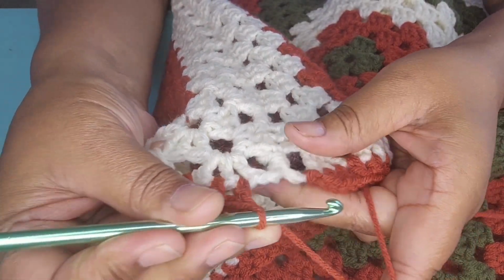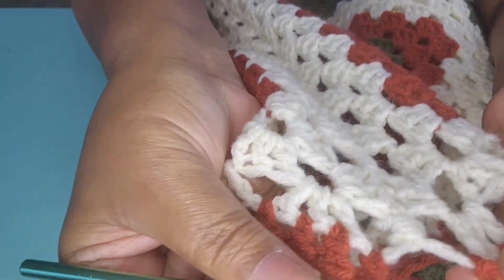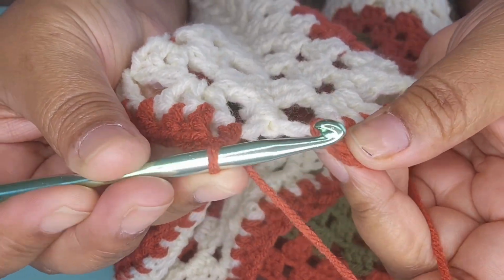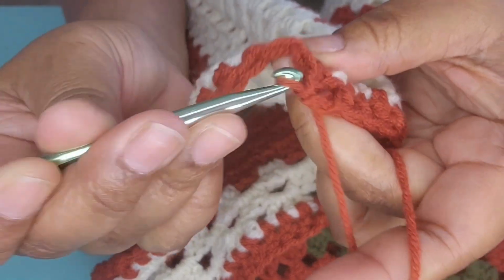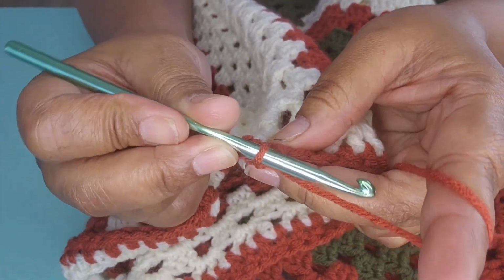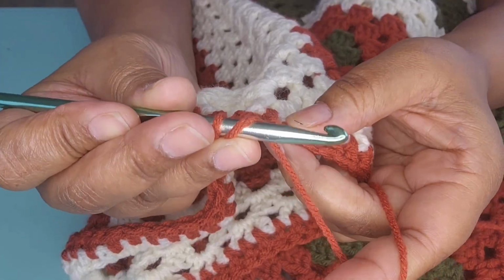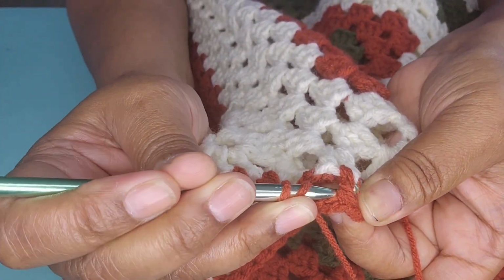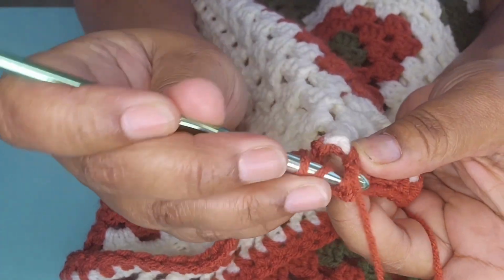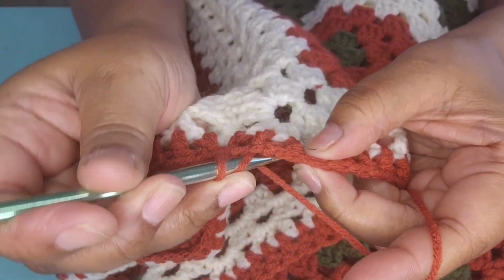Okay, we're at the end. I'm putting my last double crochet into this last stitch, and I'm going to slip stitch into the top of the chain space. Now I'm going to chain 2. Now you'll start your front post, back post double crochet. So in this first stitch, we'll do our front post, next stitch, back post,